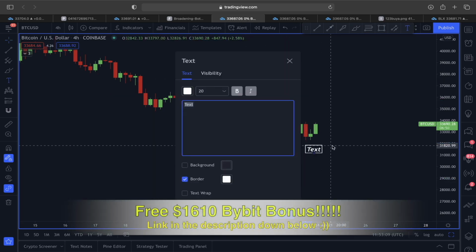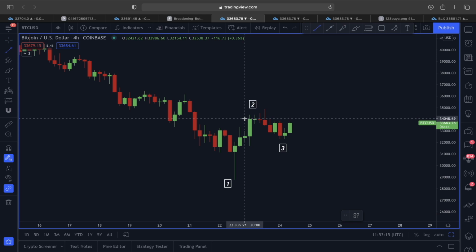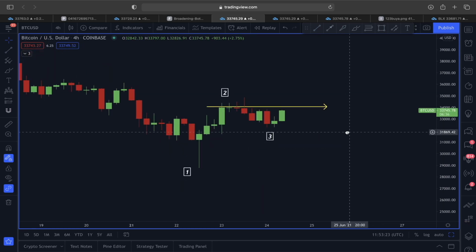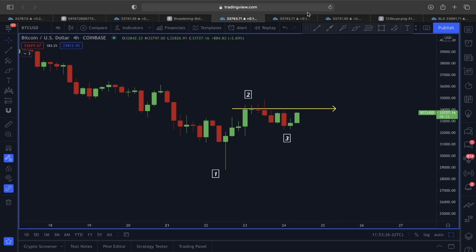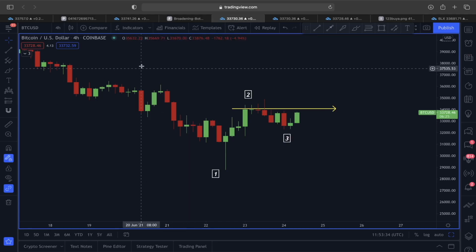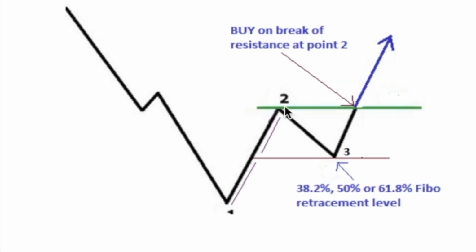Call this a 0.2, and this here is 0.3. Now, what I'm actually going to do is take a trend line, because we said we want at any cost the price of Bitcoin to stay above or find support above this $34,000 area, because this price movement is actually showing us this 1, 2, 3 reversal scenario. So this one movement here, and this impulsive move to the upside, according to this example, you can see we got a rejection around 34,000, saw this pullback at this 0.3, and this 0.3 retracement should be at least 38.2%, 50 or 61.8 retracement level.